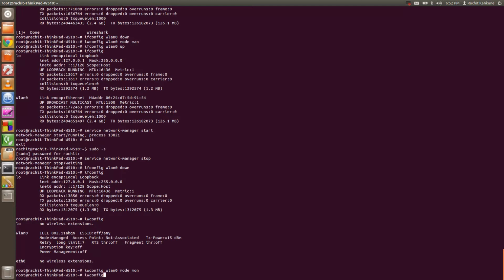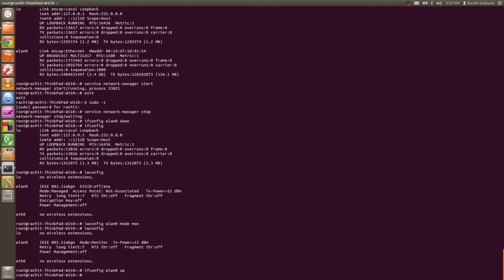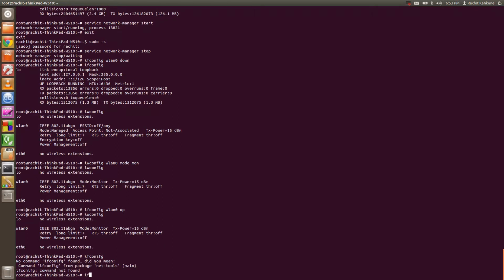So we run the iwconfig command, and we can see the mode has changed to monitor. Then we say ifconfig wlan0 up. This way we are switching it on, and after that we can use this interface to capture 802.11 logs.